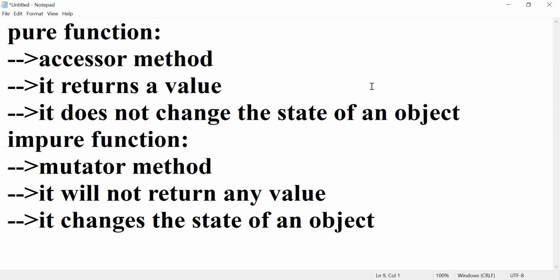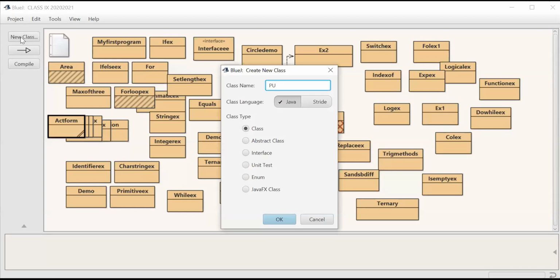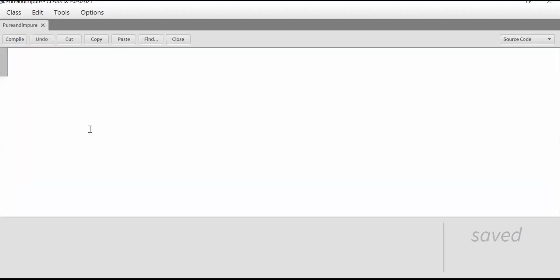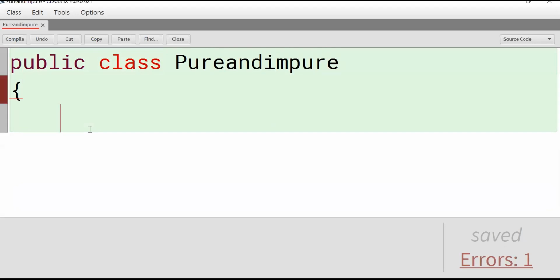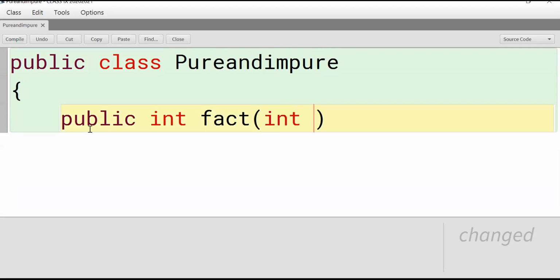Now example, pure and impure function. Open your BlueJ. Take the new class as pure and impure. This is also an important short answer question for you. For example, factorial program.